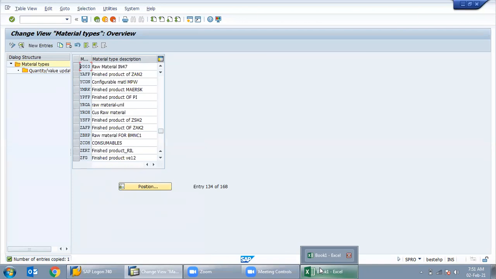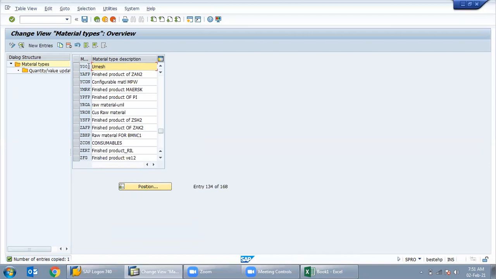You can put anything here. You can put Umesh here. That's it.